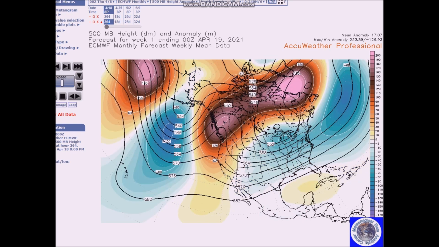Kind of like this. We have our trough here. Here's the ridge near the Aleutians. Here are our two ridges, Western Canada, Eastern Canada. And we have below normal heights here across much of the east. And we also have a trough or upper low between Hawaii and Alaska. So for this forecast period,